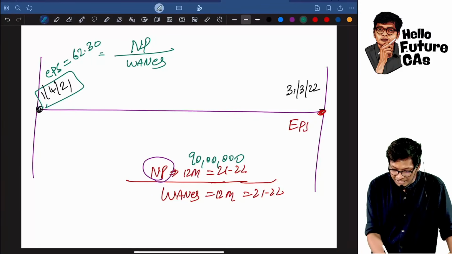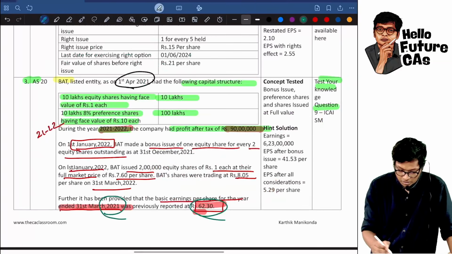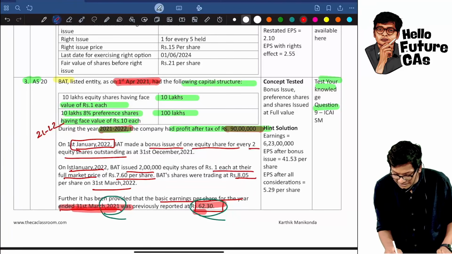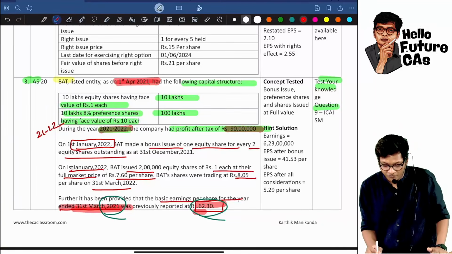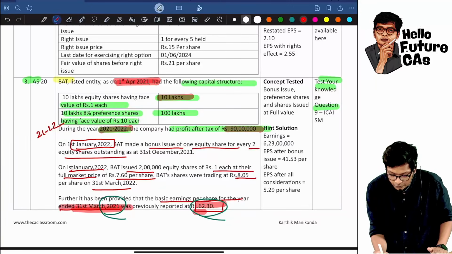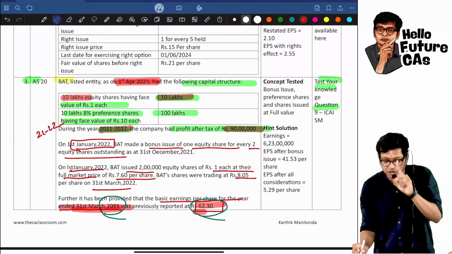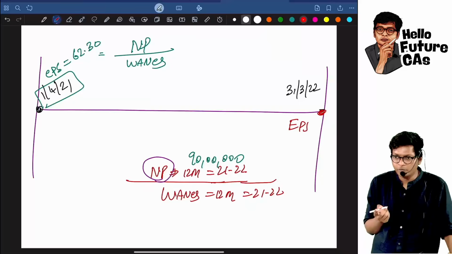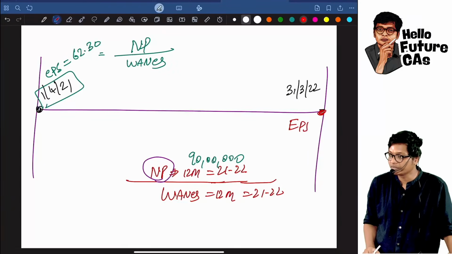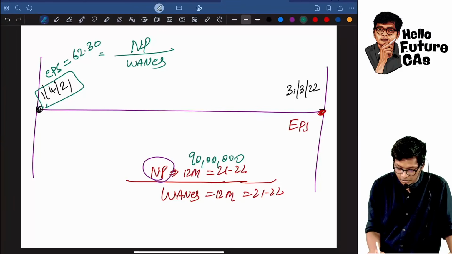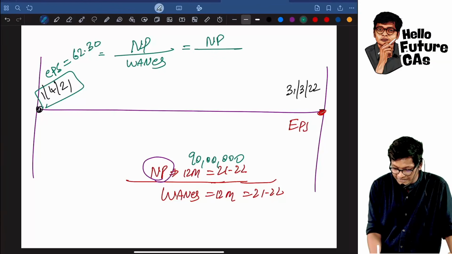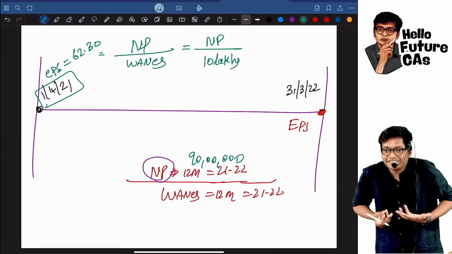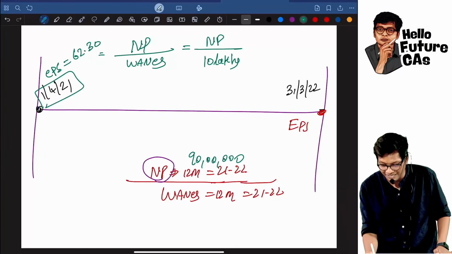Now last year's shares they have already given us, because the details of shares given are as on 1st April, which is nothing but 31st March 21. So 1st April number of shares is how much? 10 lakh equity shares of 1 rupee each. That means last year's net profit also I can find. How to find last year's net profit? Net profit divided by 10 lakhs, because last year's shares are 10 lakhs and no other data is given, so I will assume the whole number of shares is 10 lakhs. This answer is